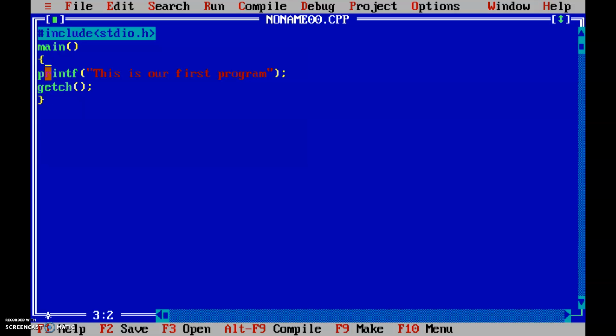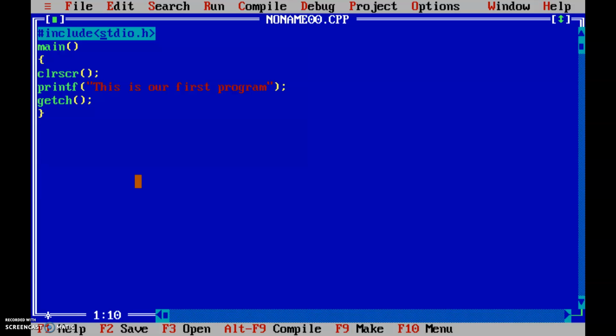And then here clrscr. CLRSCR means clear screen. CLR means clear, SCR means screen, clear your screen.